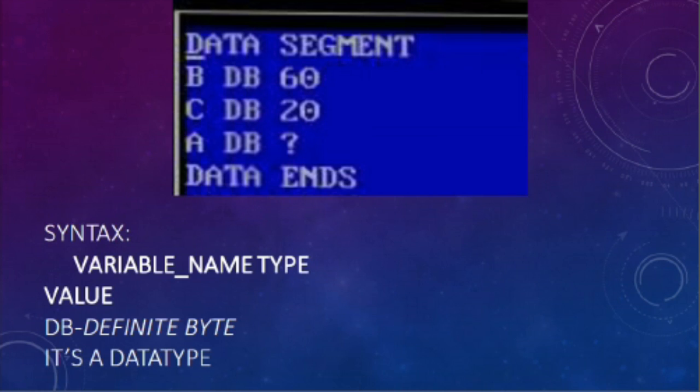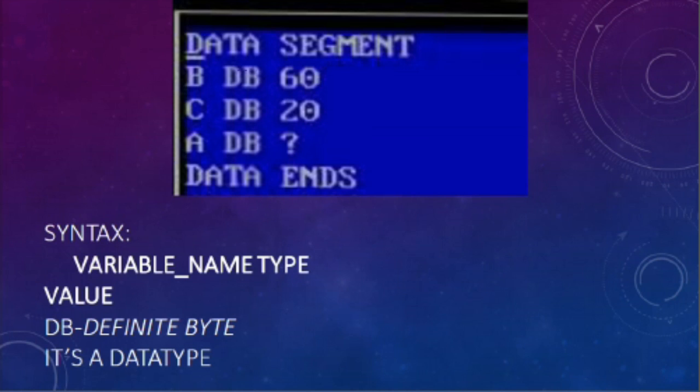See, A, B, C here are the variable names. I have written the syntax for the above lines. Syntax is variable name, type, value. Now DB is nothing but define byte. It is a data type.